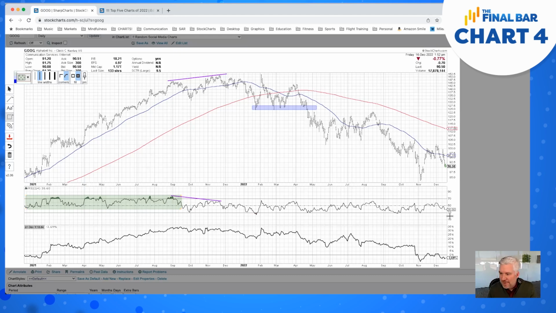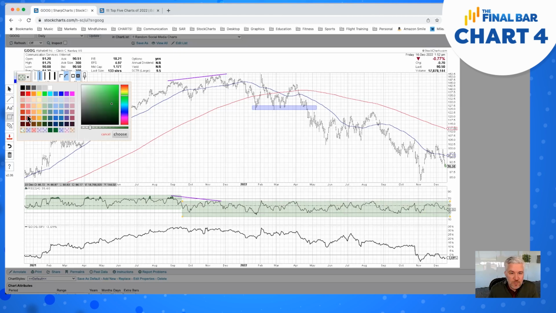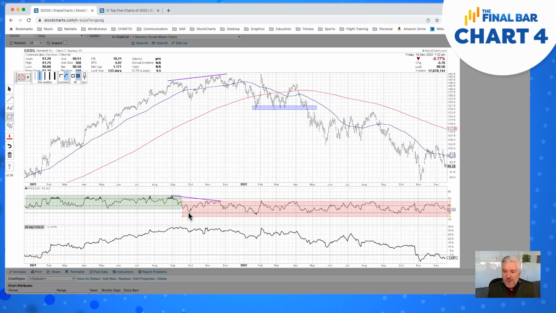Now, look at what happened on this side of the chart, which is really where we're at arguably today. We're going to color this very appropriately, kind of a muted red color. Now we can see that instead of holding at 40, the RSI tends to get below 40 when the market sells off. Instead of getting to the overbought region, you can see the RSI tends to stall out right around